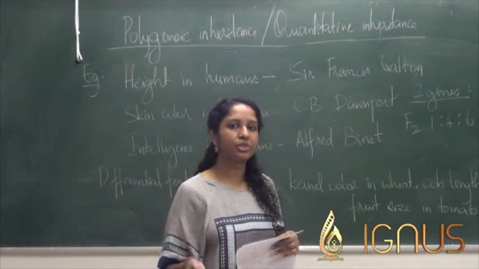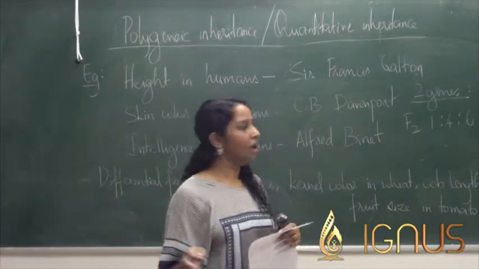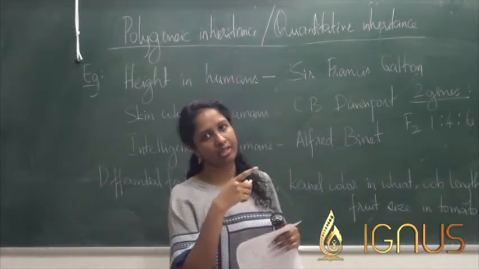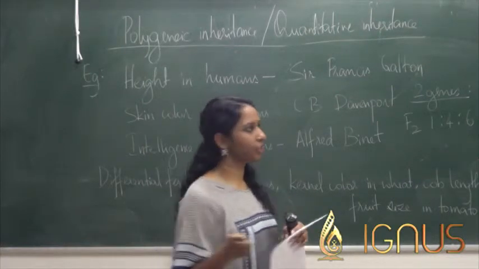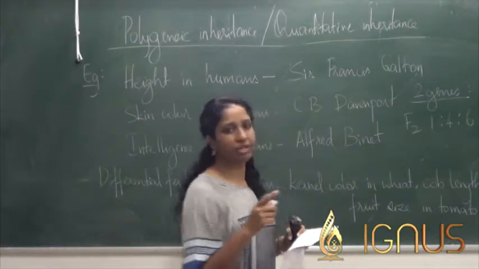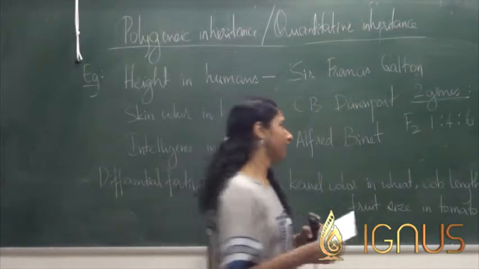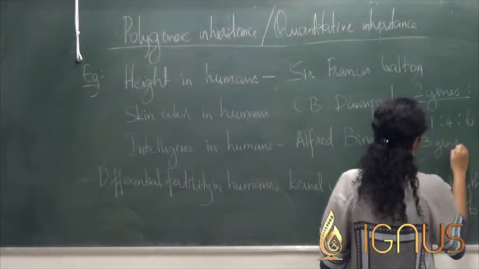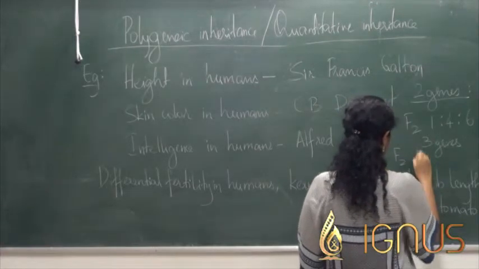Okay, so normally if there are 2 genes which are involved, in case of, let's say, a dihybrid cross, the F2 generation ratio is going to be 9:3:3:1. But in case of polygenic inheritance, if there are two genes which are involved, the F2 generation ratio is going to be 1:4:6:4:1. Now if there are three genes that are involved, then the F2 generation ratio is going to be